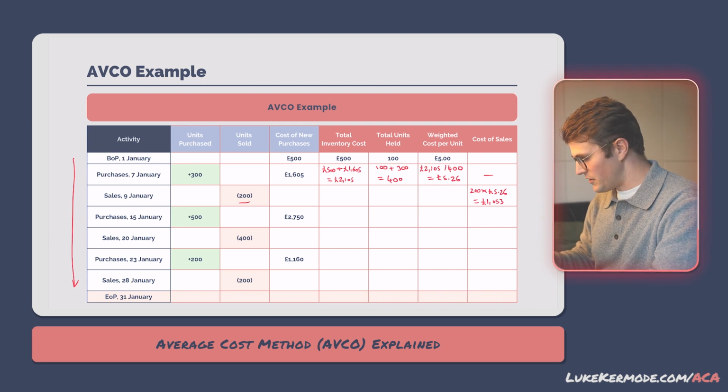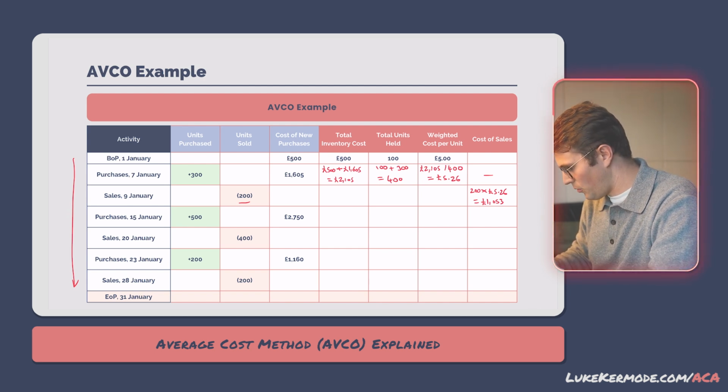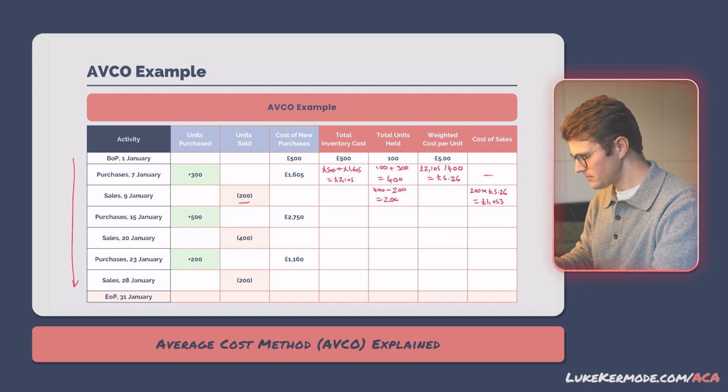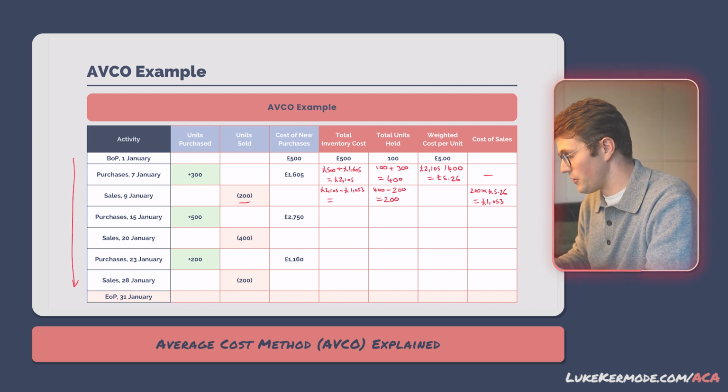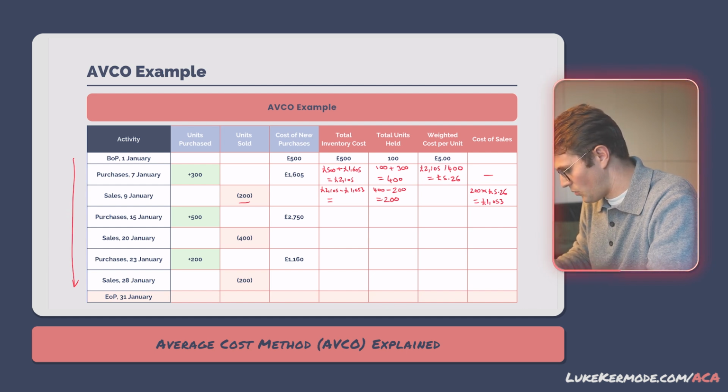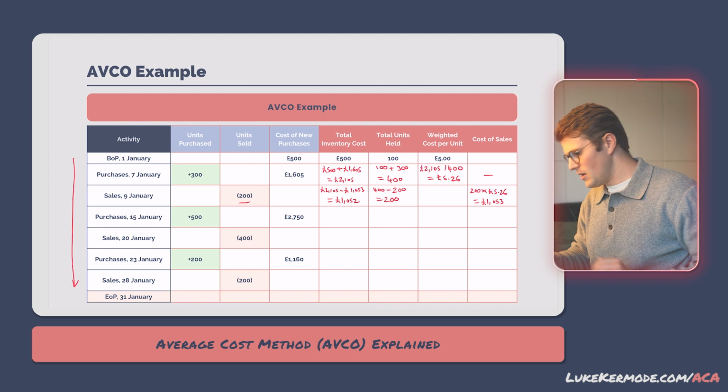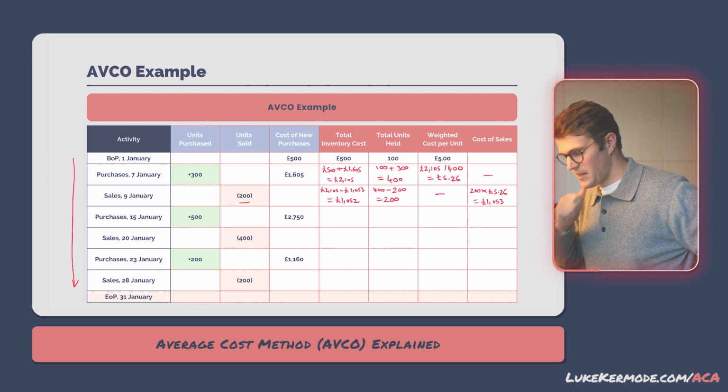Total units held as at the 9th of January is equal to our 400 units brought forward minus the 200 units sold, which equals 200. And our total inventory cost as at the 9th of January is equal to the £2,105 as at the 7th of January less the cost of sales, £1,053. So our total inventory cost as at the 9th of January, the cost of those 200 units that remain, is £1,052. We don't need to recalculate the weighted cost per unit as at the 9th of January because we